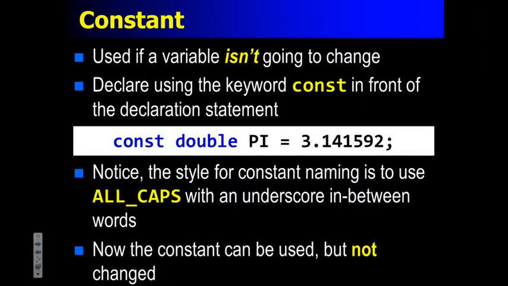It locks it down. So at that point, you can't change it to be like, on the next line of code, say pi equals 5. It would say, error, this is a constant, you can't change it. Okay? As far as the style goes, the way it works in computer science is the constants are typed in all capital letters so that it stands out, and that's why I yelled it, so that it really stands out